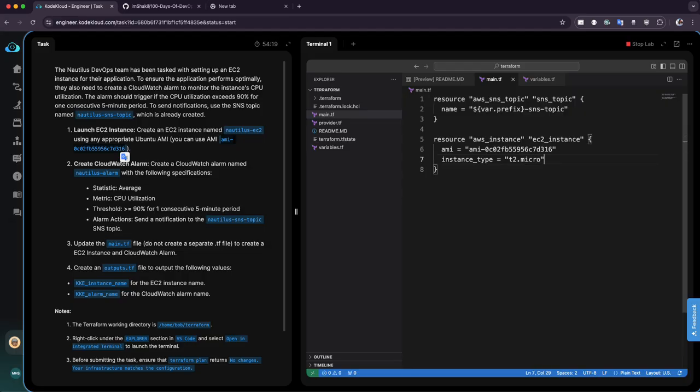We are not using any other variables. We don't need that. We don't need the EC2 key pair here. That will be automatically either created or we will choose from the AWS side. Okay, so this is our EC2 instance. Now we need to create the CloudWatch alarm. Okay,